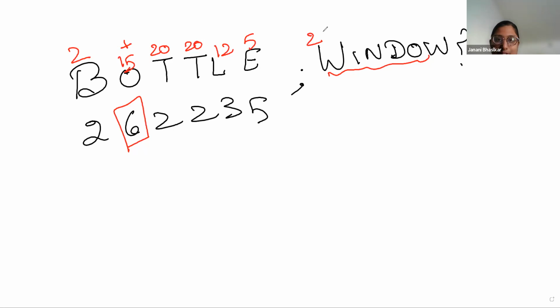So window: W is 23, I is 9, N is 14, D is 4, O is 15, W is 23 again. So the code will be